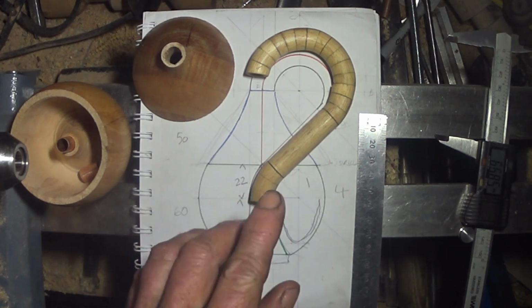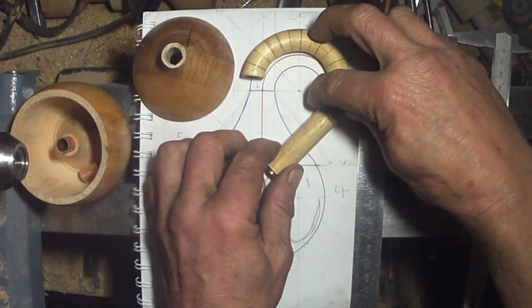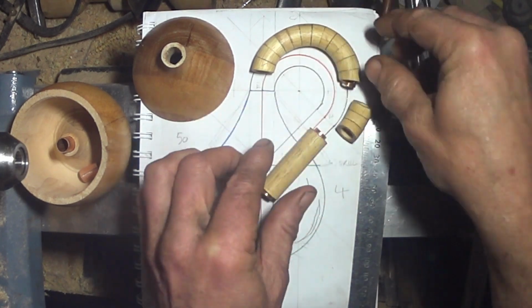All the connectors are made, all of the parts are made, everything's glued up. Got that part, 3, 4,